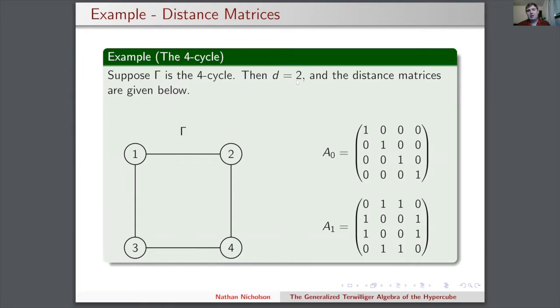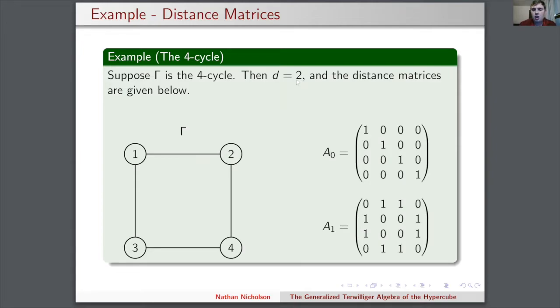And we're going to come back to this example several times throughout the talk because it's kind of an easy example. So you can see that the diameter d is equal to 2 because that's the maximum distance we can achieve between any two vertices. The distance matrices are given below, and so I'm ordering the vertices in the rows and columns by the numbers